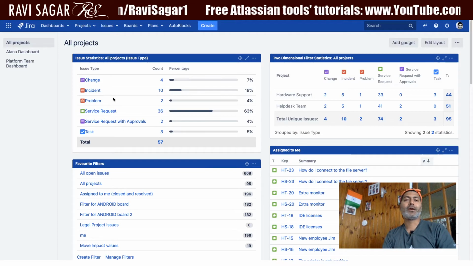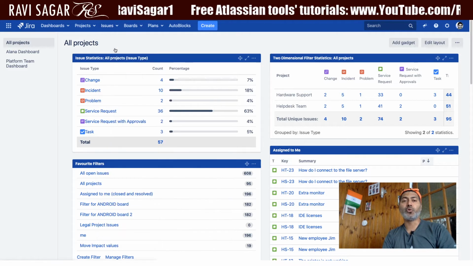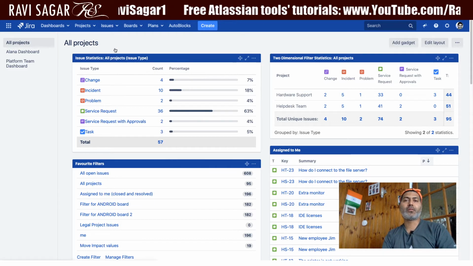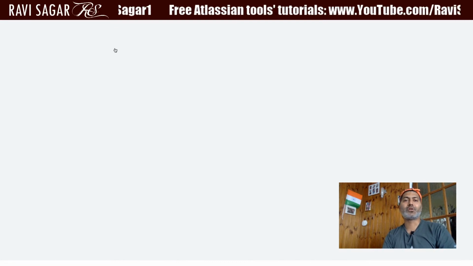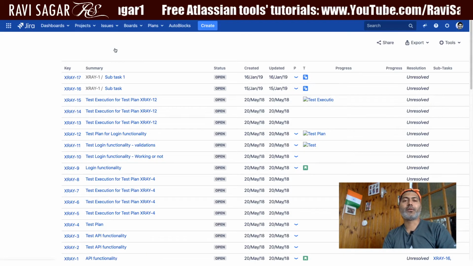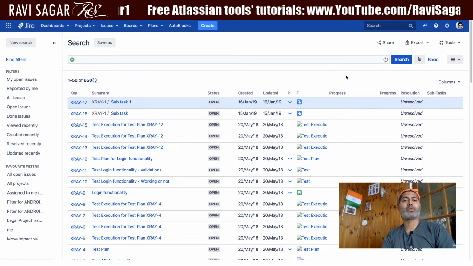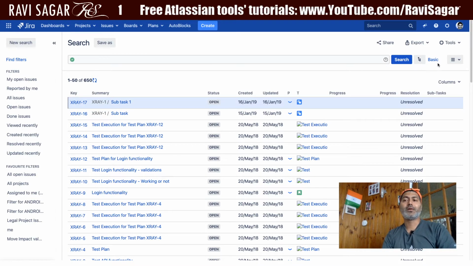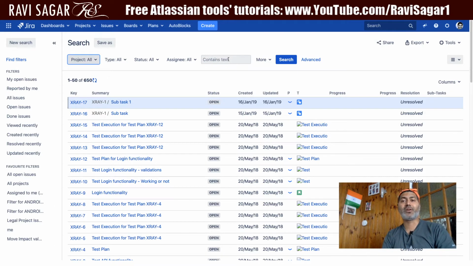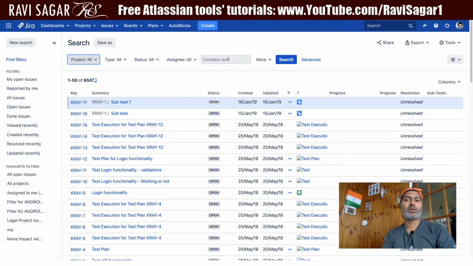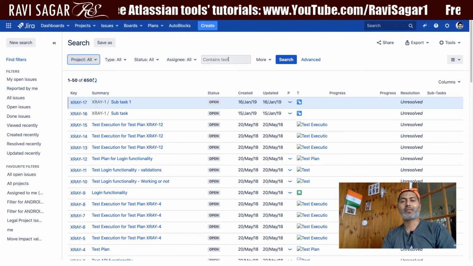So you can do a lot of things, and if I show you very quickly, if you log into Jira, you need to go to the issue navigator and you can search for the issues. So let me show you a very simple example where I will demonstrate how to search for the issues that are assigned to you across any project in Jira. So we have a basic search and we have advanced search. Using advanced search, you can do a lot of advanced things.